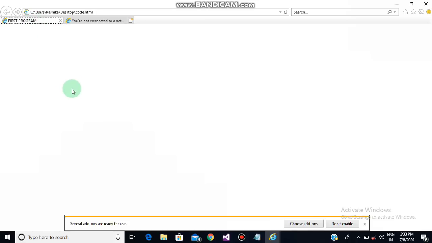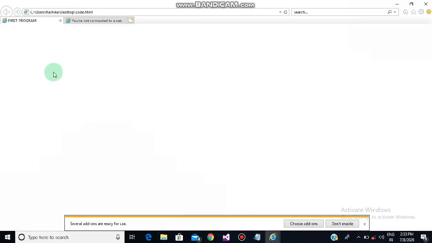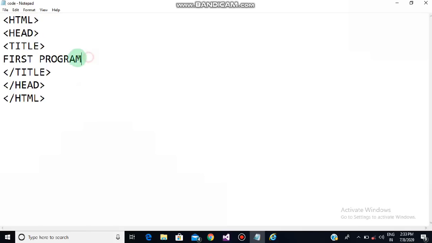Okay, children, you can try out some other things also, like you can just not close the title, you can just not close the head, and you can see the errors that you will face. Okay, but the correct procedure is this, which we have followed. If you will go this way, so a page that you will be seeing is this. Okay, where the title will appear at the top and it will be the same what you have written over there. Suppose I write it here, suppose instead of first program, suppose I write first, or suppose I write computer class,